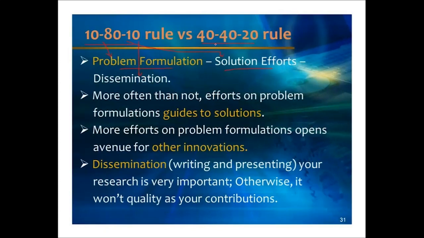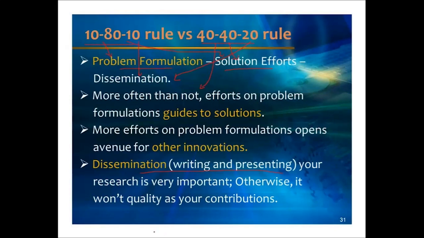Another equation is 40% focused on your problem, 40% on the solution, and 20% on the dissemination. This is another rule that is applicable. Dissemination means nothing but writing and presenting your work in a proper way. As I already told you, the first three parts, identifying a problem, defining it, and giving the solution, are three phases. If you are unable to present, write and validate in parallel, then the rest of the things are a waste. So 40% of the effort can go on formulating the problem, 40% on the solution, and 20% on